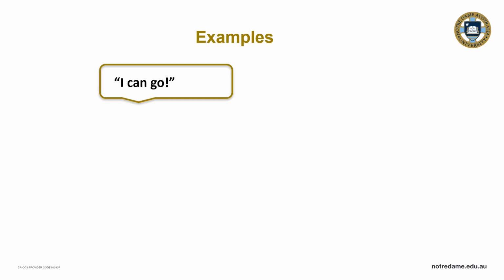So, for example, you're probably aware from your studies that when we report something a person said in the past, we often put the original verb into the past. Okay, so if the original conversation was, "I can go," when we report it, maybe I tell another friend, "She said she could go."